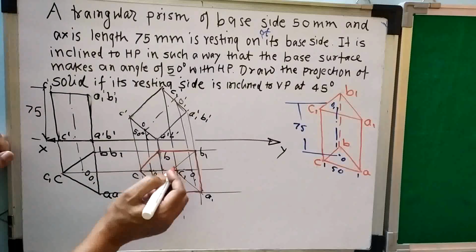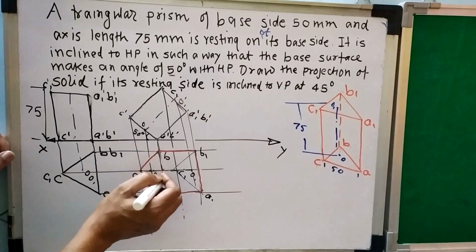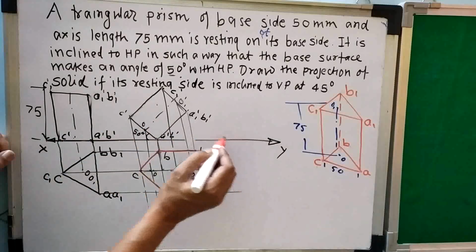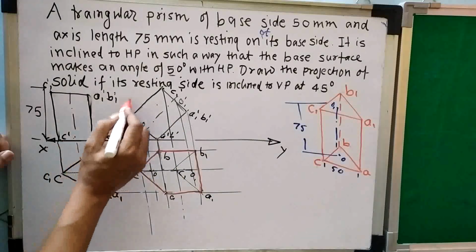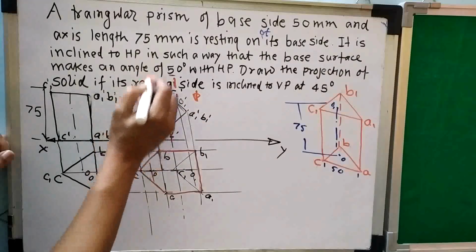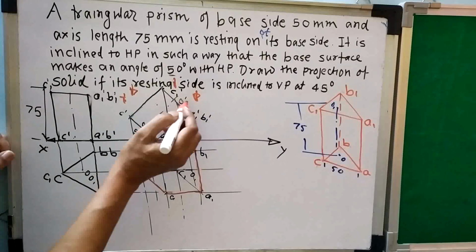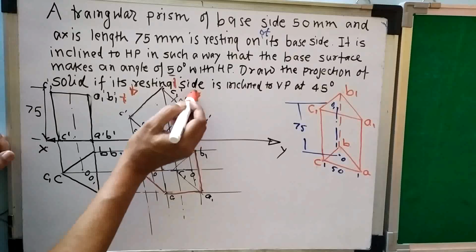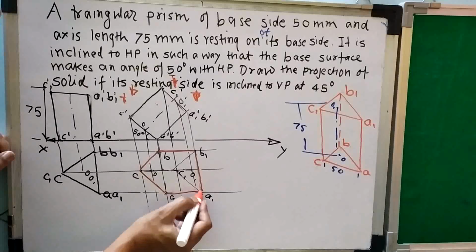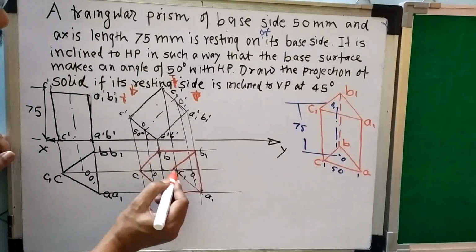Now the rest of the lines I have to create will be dotted or dark lines. It will depend on the observer position. So I have to create this view. For this case, this is my object and this is the XY line. So the object is always between the XY line and the observer. So the observer will be at the top. So the observer is here, observing from top. And now according to the principle, the part which is very close to the observer will be dark. So the observer is very close to this top surface. So A1, B1, C1 will be dark. A1, B1 is already dark. So B1, C1 I will make dark and sharp. A1, C1 I will make dark and sharp.